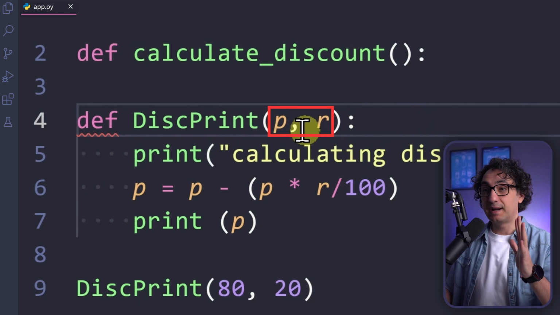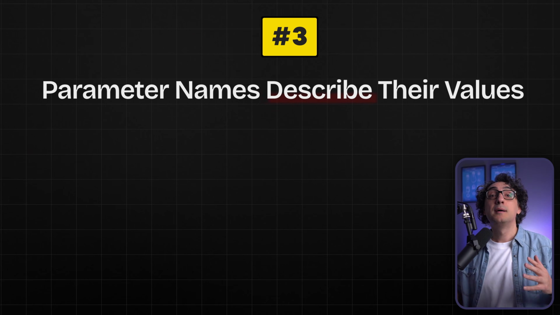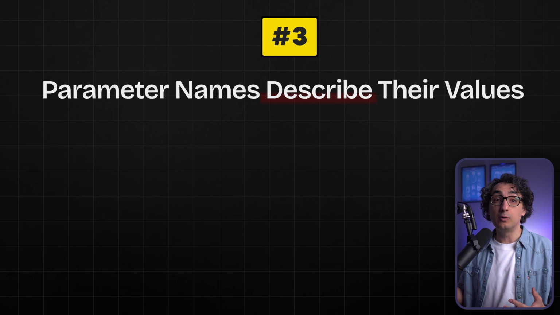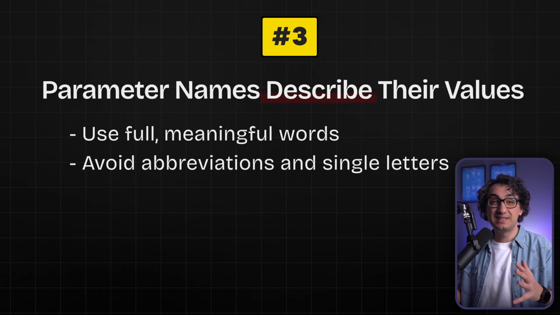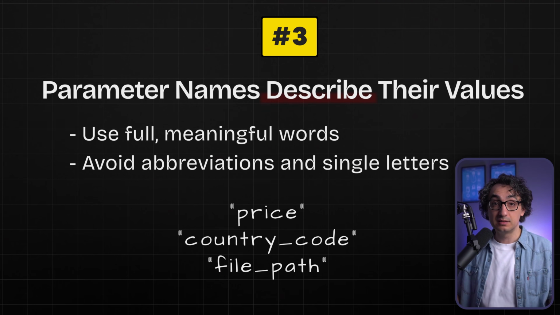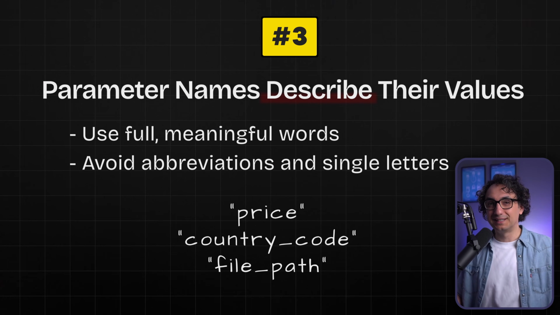Now the next step, I usually go and check the parameters. And here we come to the third rule. Parameter names should explain what kind of value they hold. It is very similar as well to the function name. Don't use abbreviations or, like here, single letters for the parameters. Just use a full name. It's gonna make your life and your colleagues' life easier.